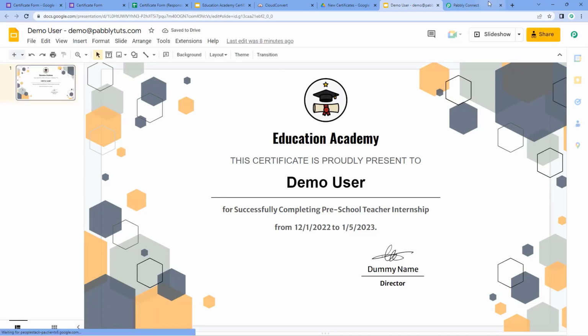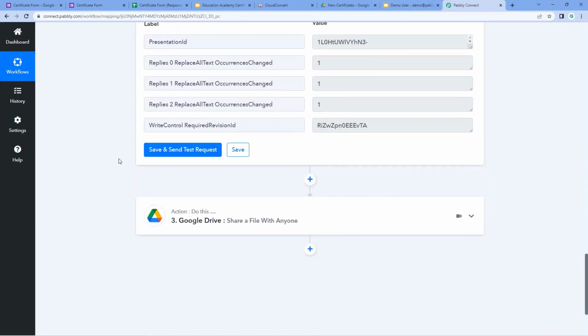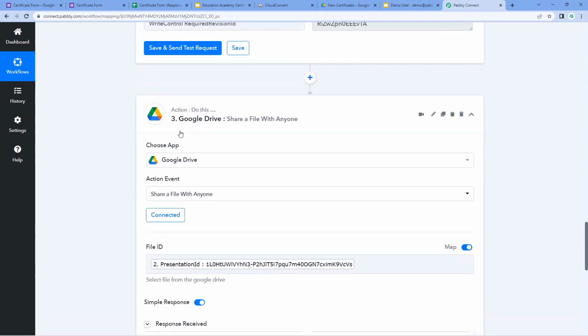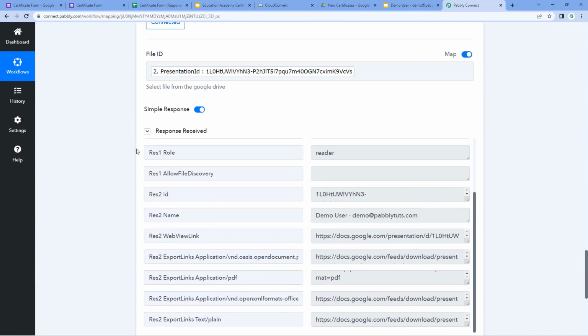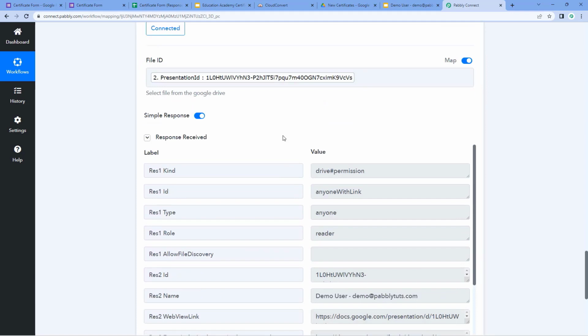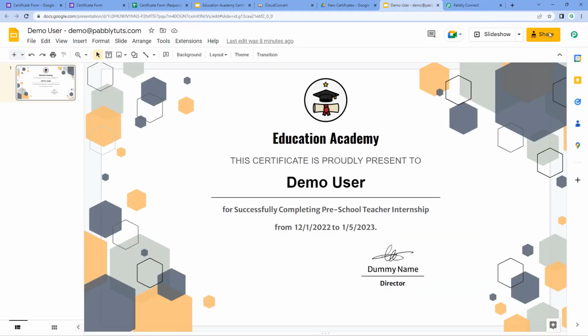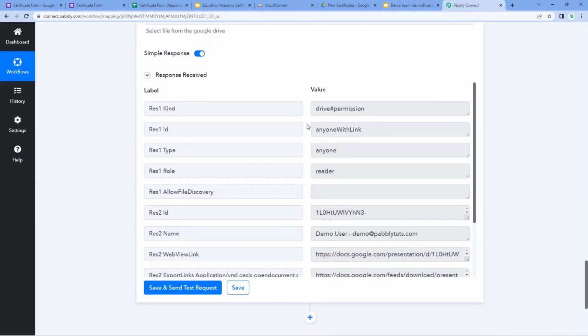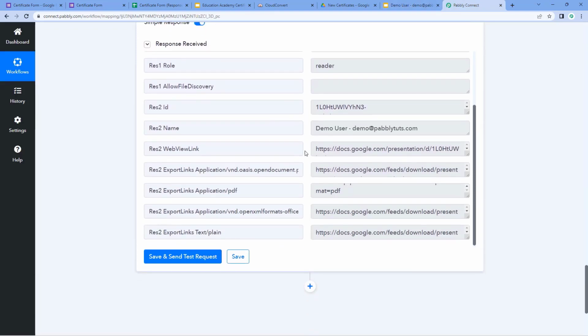Now after this guys, in the next step, we have changed the share permission of this newly created slide as well. So in the third step, we have selected the action application as Google Drive, and the action event was share a file with anyone. And then after mapping the file ID, here you can see that we have changed the share permission of this same file which we have created. Now the share permission of this slide which we have created using this workflow on the form submission is anyone with the link. Now also in response, you can see we have received the link of the same file into